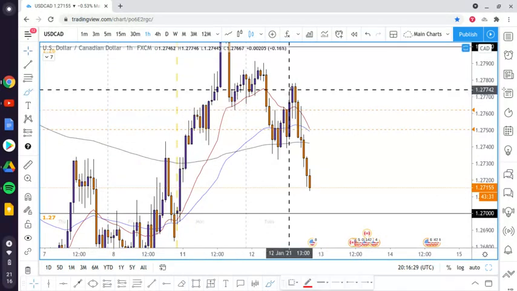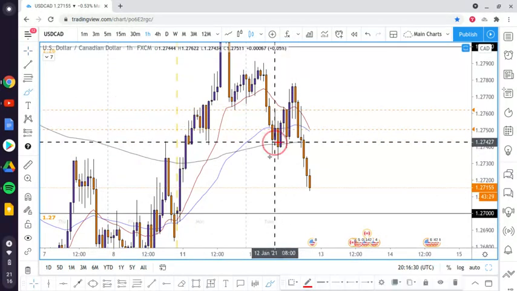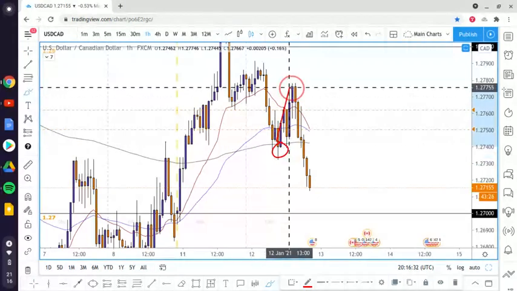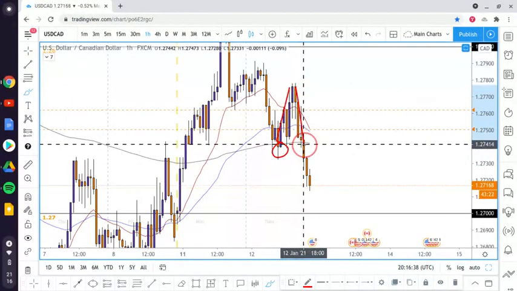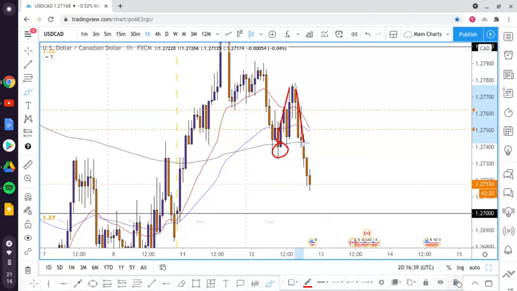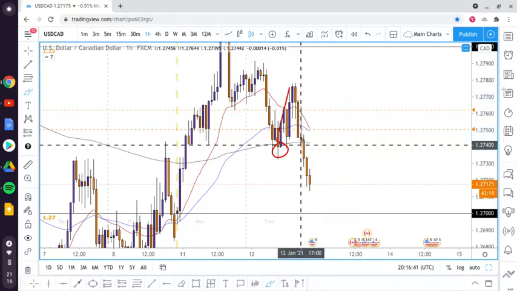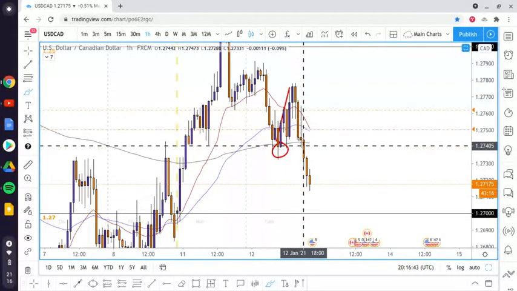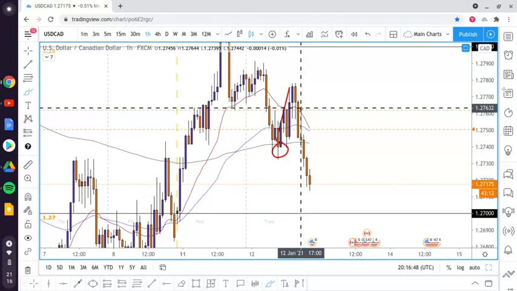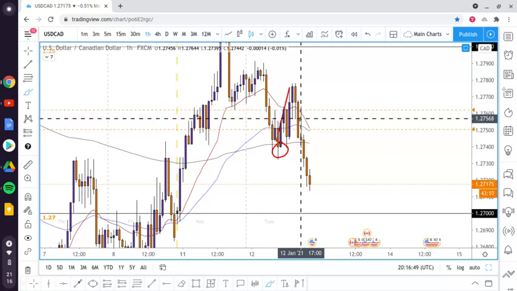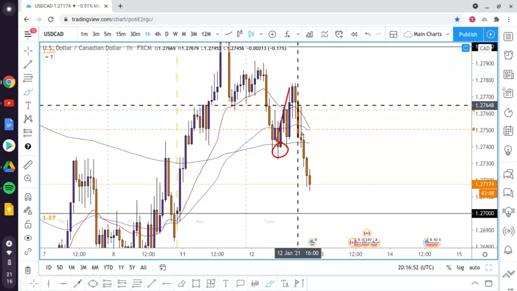Well, you've got the pullbacks here. This is the origin of the pullback. This is the pullback. Then prices came down into here. And the first time that price, after it's made that push, first time that price came into here, 5 till 6, look what happened. Price pulled all the way back near to the highs of the previous 1 hour